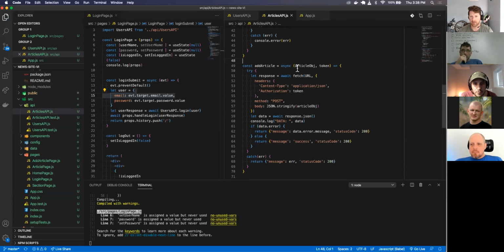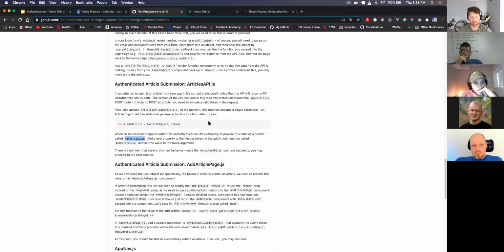So like that. We pass in that token in the add article. We have another authorization header, and we pass the token value as the authorization value. So